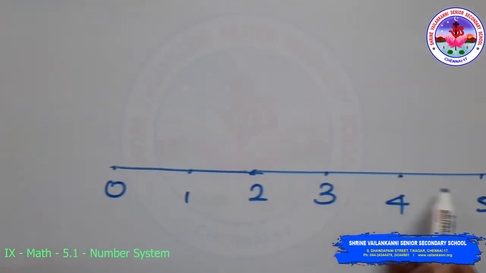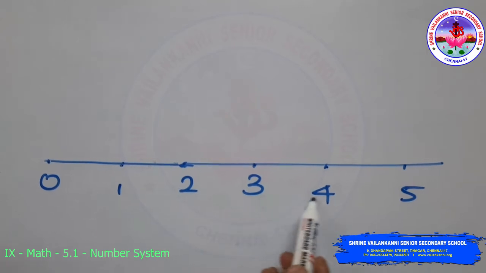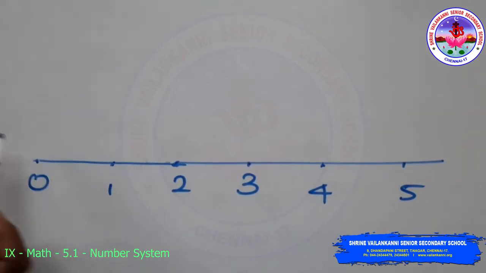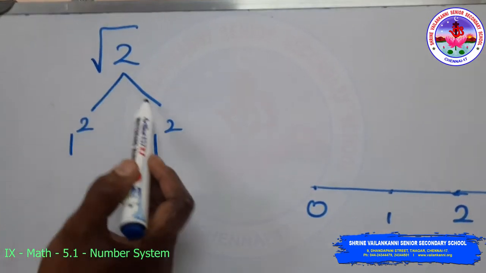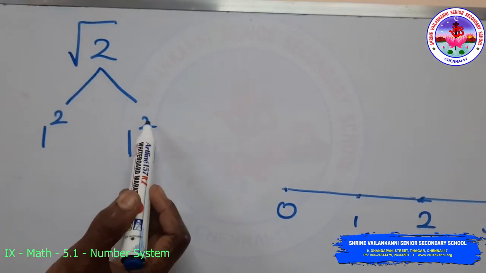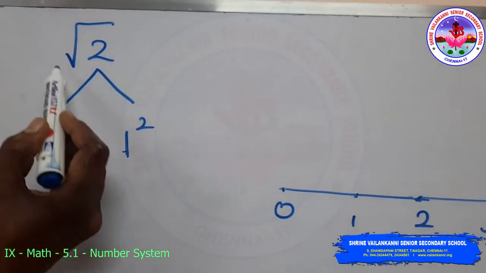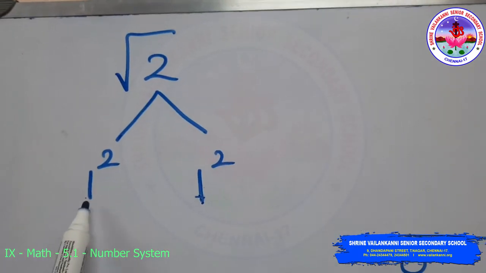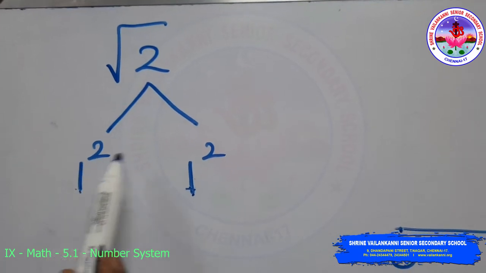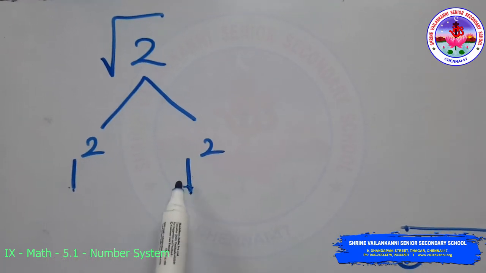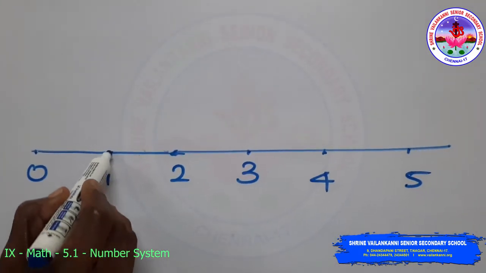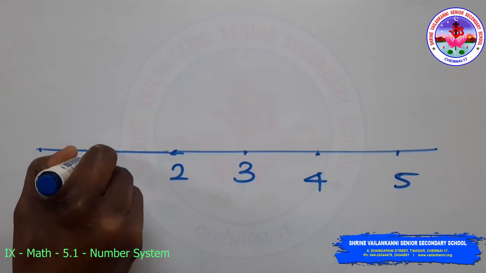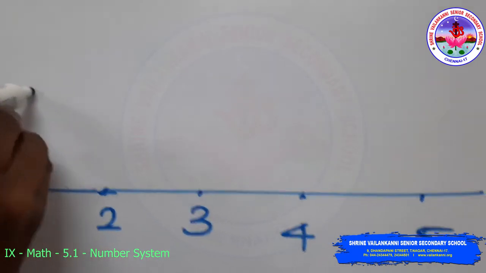Now draw a number line where the numbers on the number line are equally placed apart from each other. So now we have split up this 2 as 2 perfect squares, 1 square and 1 square. Using these numbers, I am going to construct my root 2 on the number line. So we are going to take a perpendicular distance of 1 unit from 1. So I am keeping my pencil point on 1 such that I am going to take 1 unit from 1. This is a perpendicular distance of 1 unit.